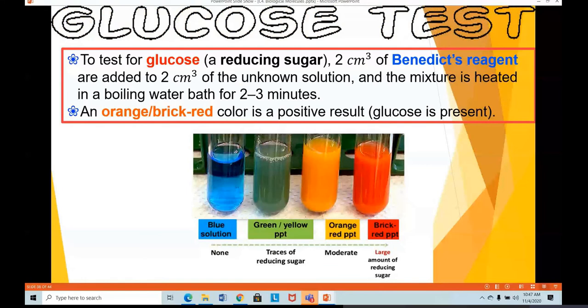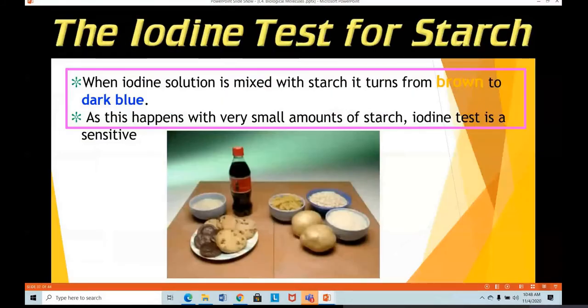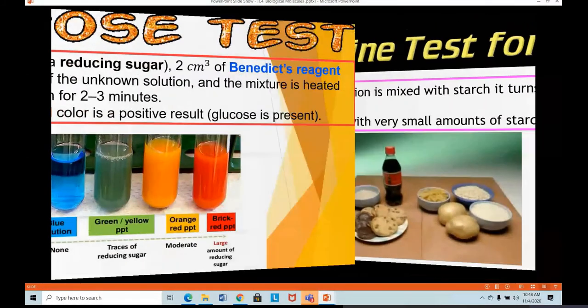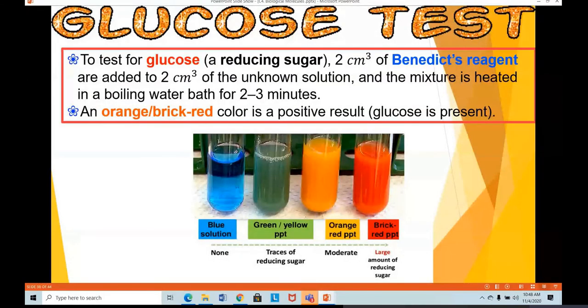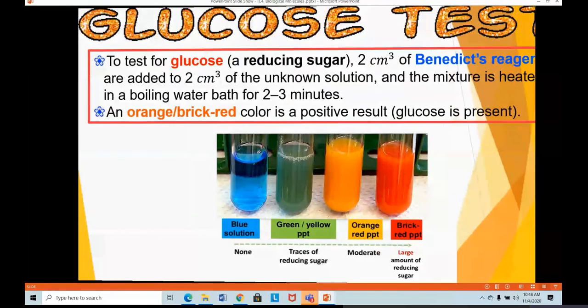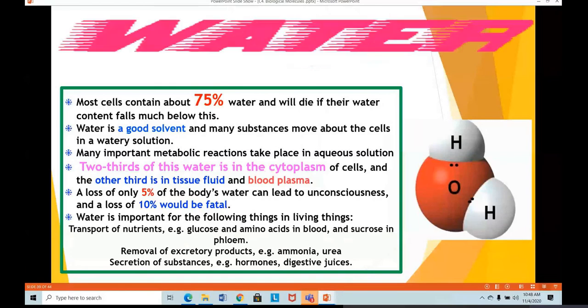Okay, so this test is otherwise known as Benedict's test, in which you can see Benedict's reagent is used. If the glucose is present, it starts changing color from green, yellow to orange, and finally to brick red, proving the presence of glucose in the test. So you can conduct 2 tests for the presence of carbohydrates. One is known as the starch test, which is the iodine test, to test for the presence of starch, whereas to test the presence of glucose is known as a Benedict's test, in which a Benedict's reagent is used. Clear about all the tests, ladies? Any questions? No, miss, thank you. You're most welcome.